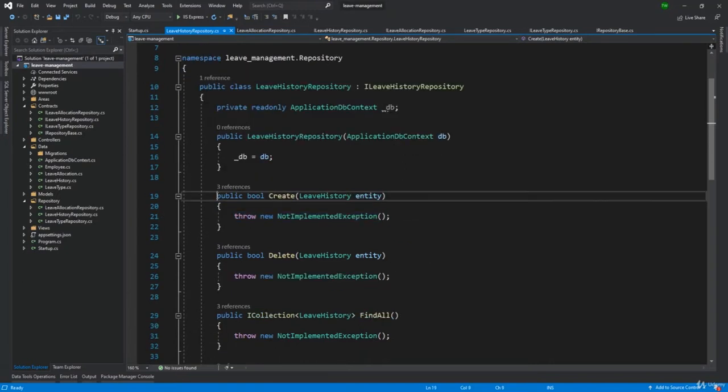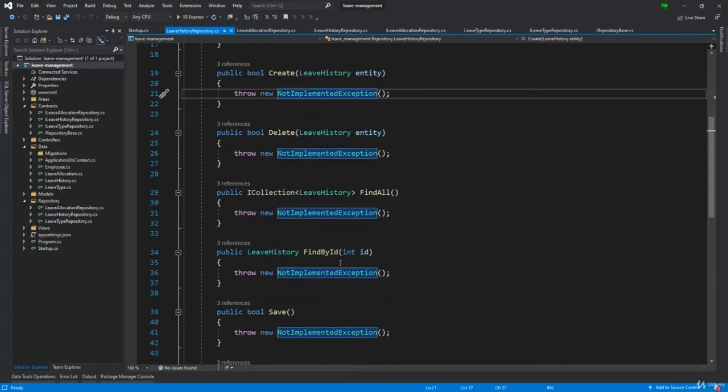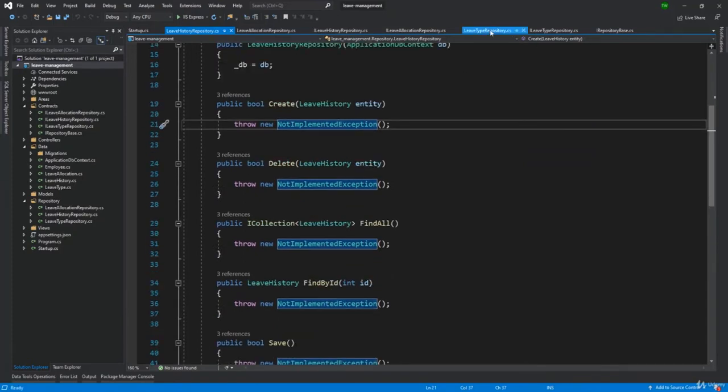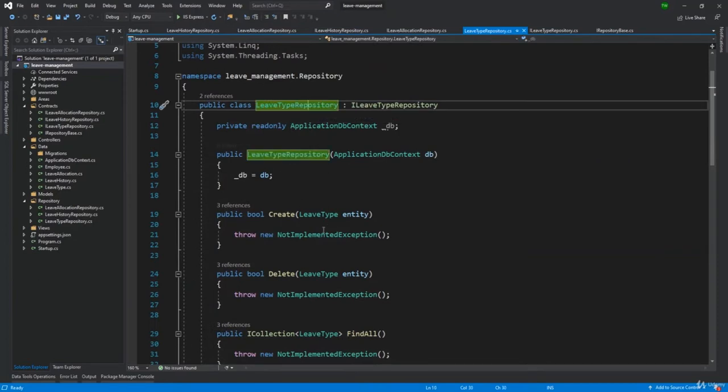So we have the bool create function here, but it only throws a not implemented exception. And that's basically the case for every single one of them. So we're going to go through setting up one of the repositories, and we'll start with the leaf type repository. This is the first one that we set up. And then I'm going to pause and allow you to set up the others,